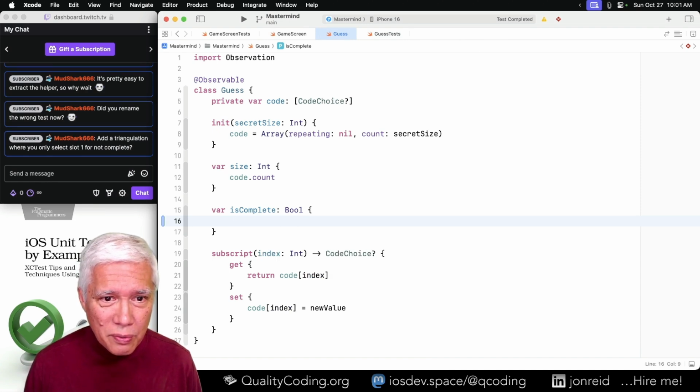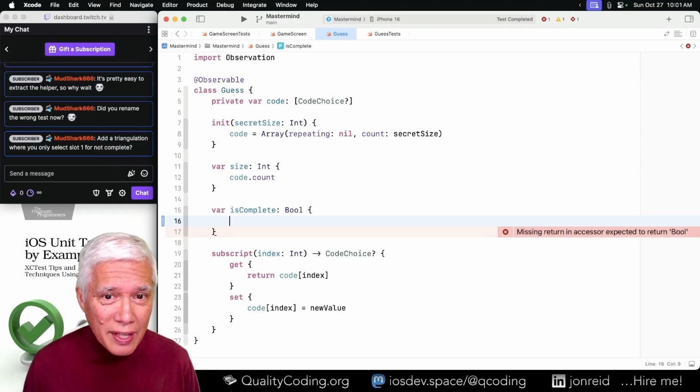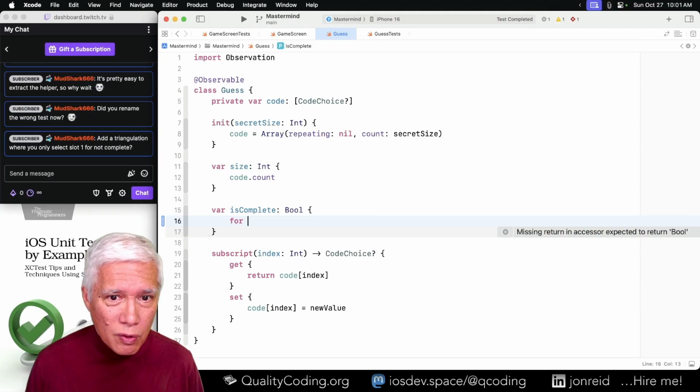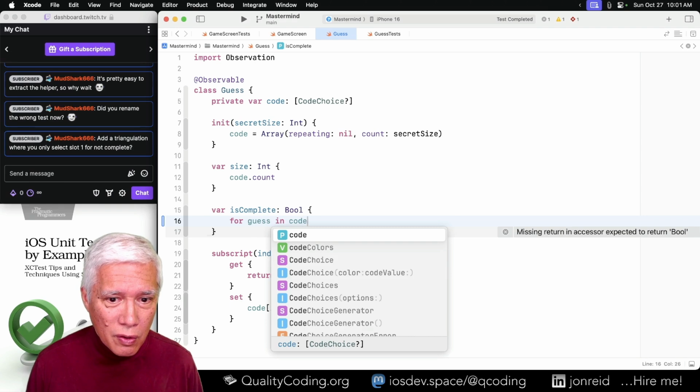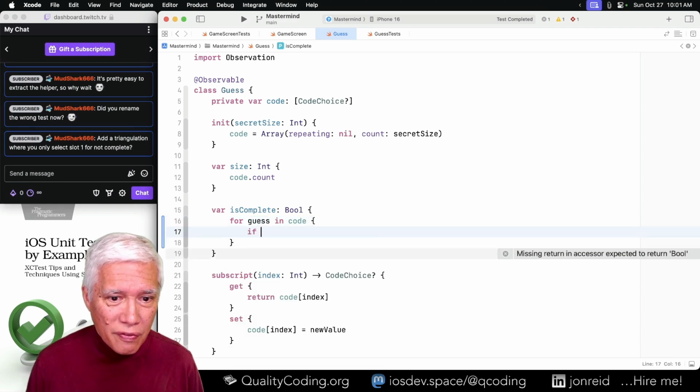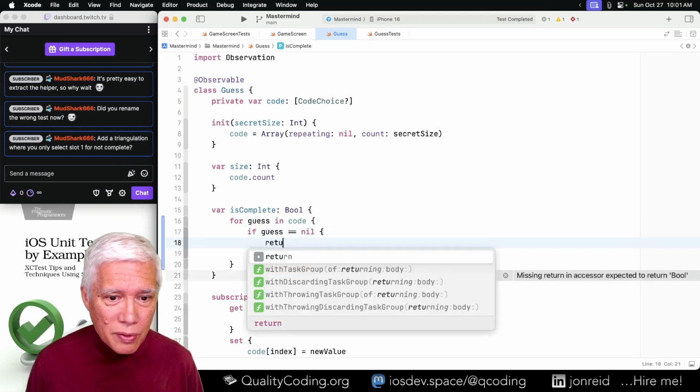What is it? We need to say, is there any code that is empty? Or are they all non-empty? I'm going to start off doing it in brute force, and then we'll see if we can't make it better. For if guess is nil, return false.